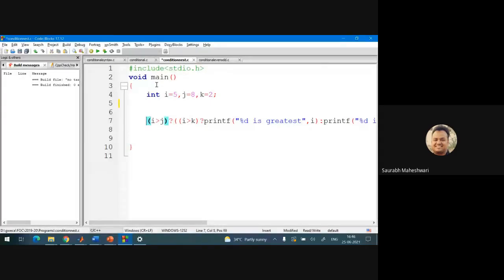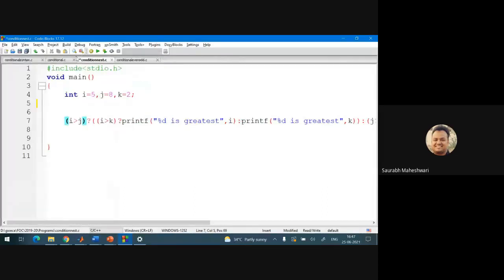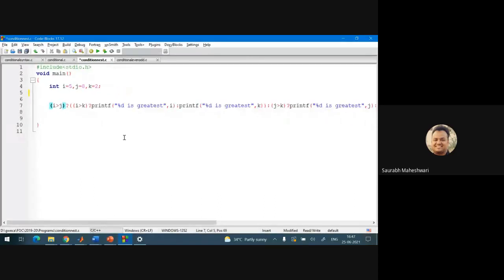First, I will just remove this so that you can see the complete line. Okay, now see this. i is greater than j. So I will write this. First, we compare i with j and we place a question mark.